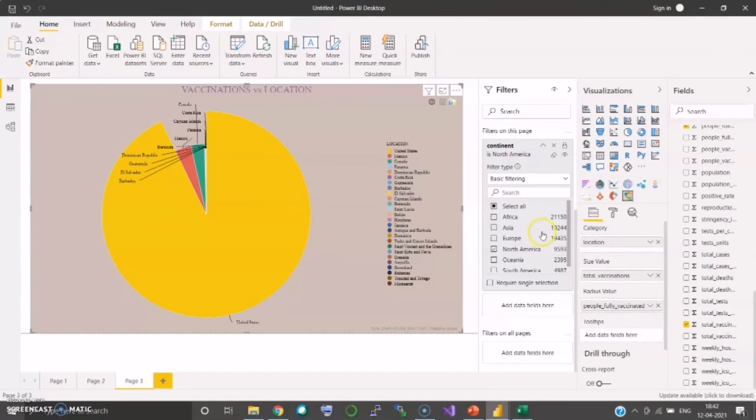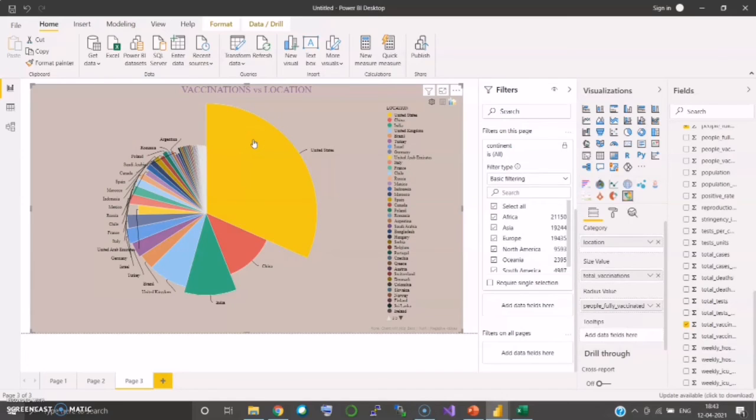From all these, what I am able to see is that the United States has the most vaccination. Total vaccinations given out of 100 was 31.7 in the United States, and the people fully vaccinated over there was around 2 billion, which is a quarter of the vaccination.